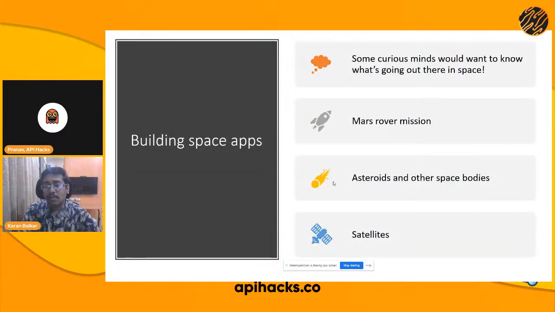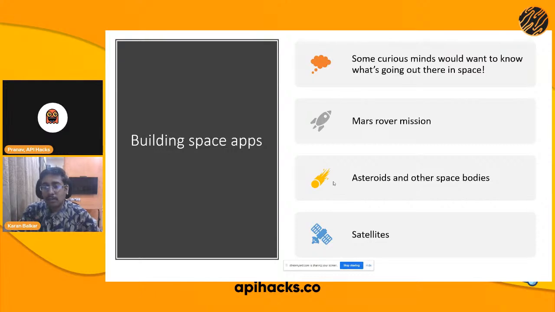One of the main reasons for choosing this particular idea was that there is a lot of data that we already have about space, but we need something to consolidate this data. And APIs are one of the mechanisms by which you can pull in data from several sources and consolidate them.